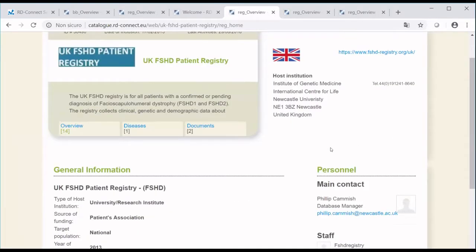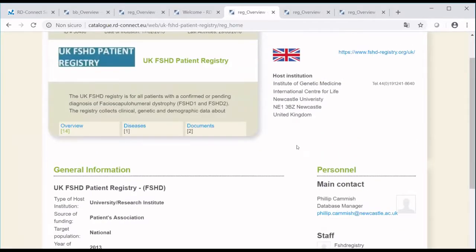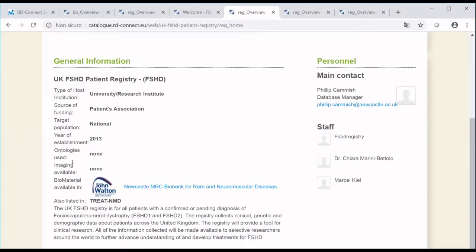So as usual, here you can find a contact person or who to write to if you want to get in contact, trying to get some data access or collaboration or trials, finding patients for trials. Here they can see that they also indicated that in this registry, they have their biological samples stored at the Newcastle